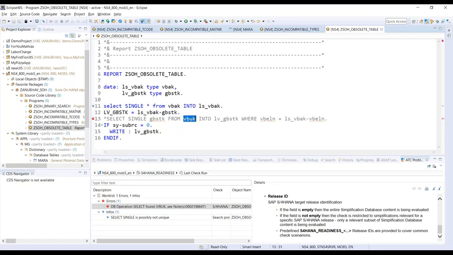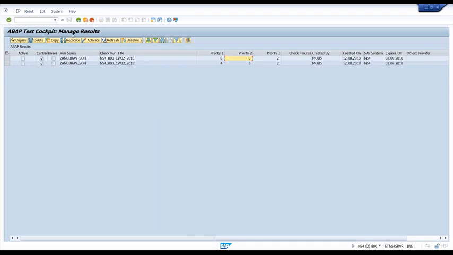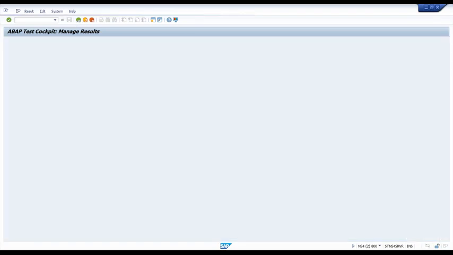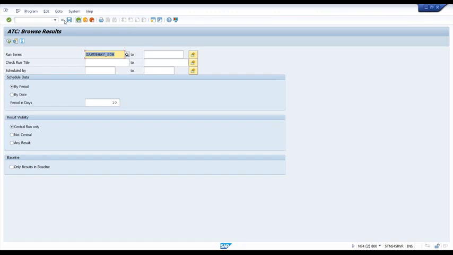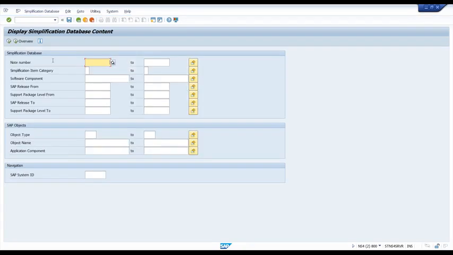It's not a big activity on our server. I have done that actually. I downloaded the simplification database and imported the zip file into it. My basis guy had no clue what I was talking about. I sent him an email saying that SYCM has no entries. He said, sir, I don't know. Then I found a note, and it was very easy. You just have to download that zip and import it here in the simplification database, and all the notes and information were available.